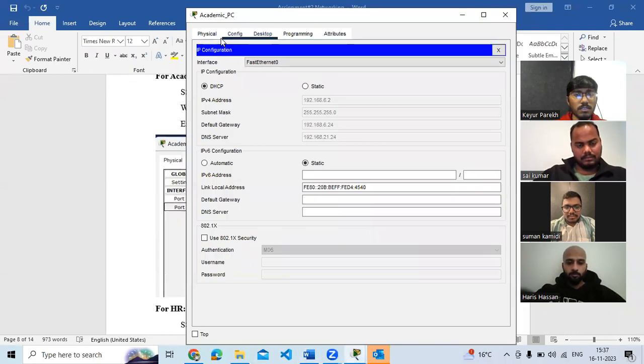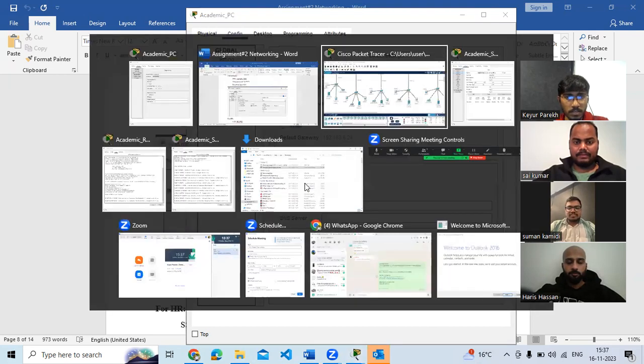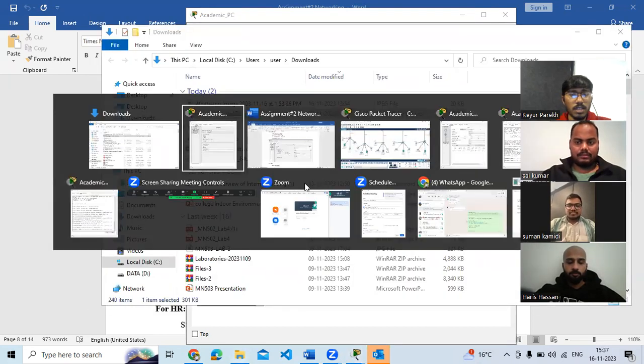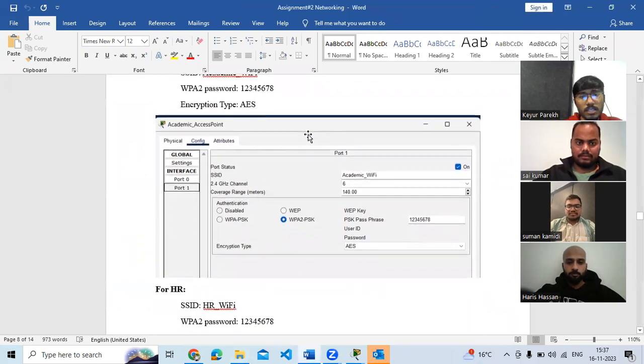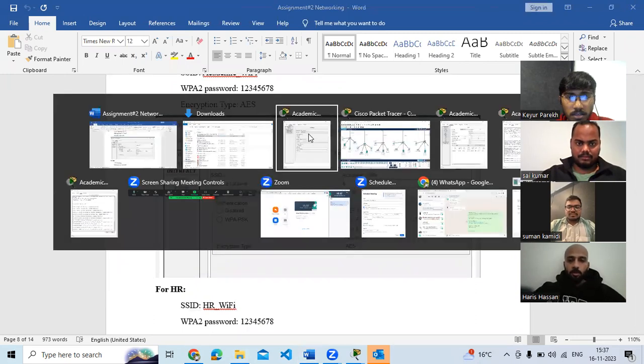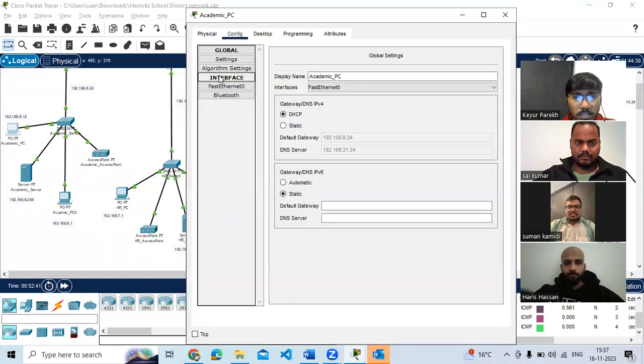So here we go into the config. There are also two options, DHCP and static. And in this we are selecting the DHCP, and the default gateway and the DNS server are available. And the last part in the access point configuration, the main thing is the encryption. So for the encryption part, we will check in this endpoint interface